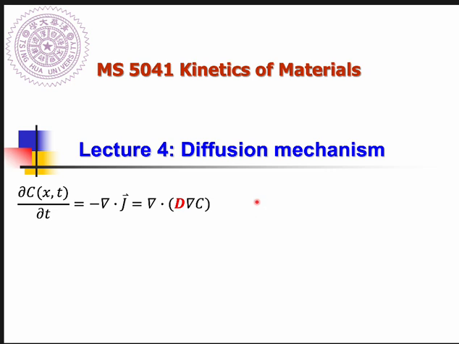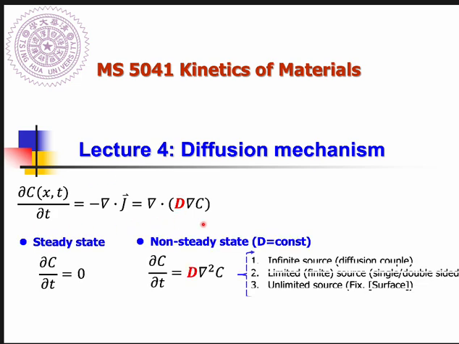Let's move to lecture 4, diffusion mechanism. In lecture 3, we used the diffusion equation to understand diffusion at the macro scale. You will know how the concentration of diffusing atoms changes with location and time, whether in steady state or non-steady state. But here in lecture 4, we are more interested in the micro scale, how the atoms move